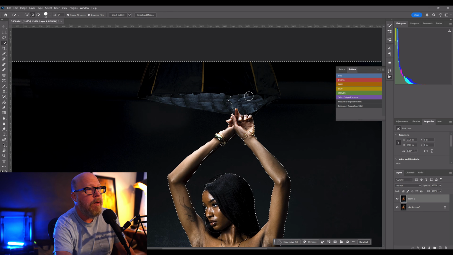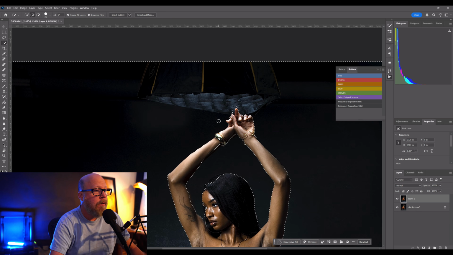See, this is where it gets tedious. I was in Evoto and I just clicked a button and it fixed this all for me, and now I got to go in, zoom in and get this finger, right? So I'll make this even smaller, and I'm going to hold down, there we go. I'm going to invert the selection so I can come up here, and I don't know, guys. That's as best as I'm going to get it right now because I don't want to spend all day trying